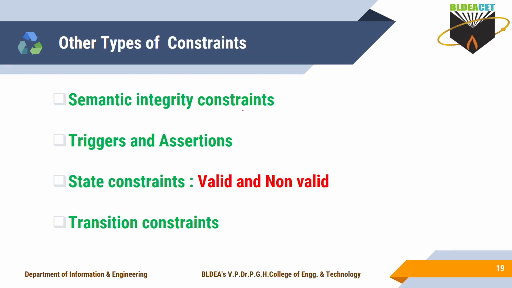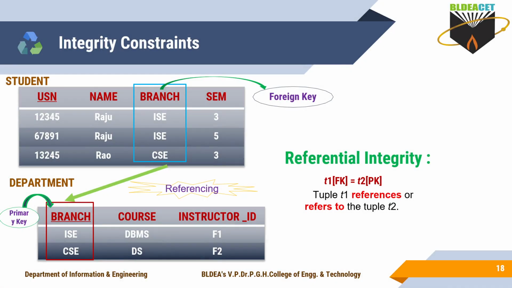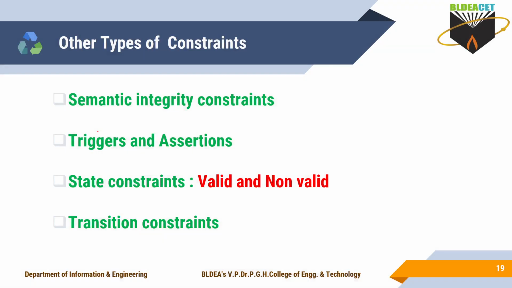Next, some other types of constraints are there: the semantic integrity constraint. I'll take the same example here. In this example, I have the number and a name, Raj. In place of Raj, if I enter 3, or simply AAA, or A1, 2, 3, it doesn't have any meaning here. Is it correct? No, it is not correct. The name you enter must have some meaning. Such types of constraints we call semantic integrity constraints.